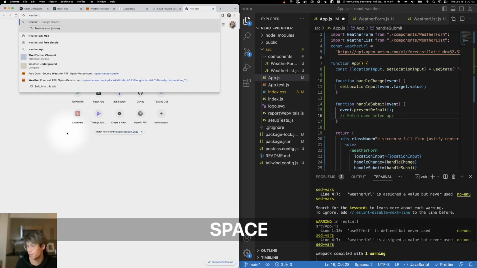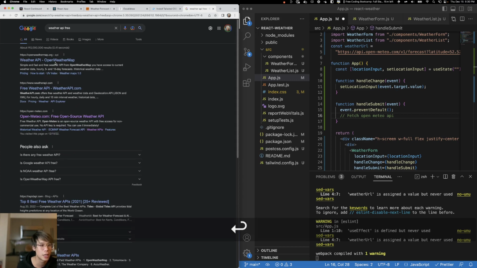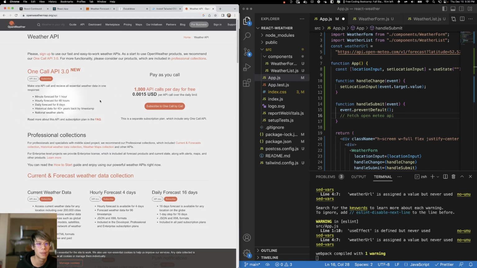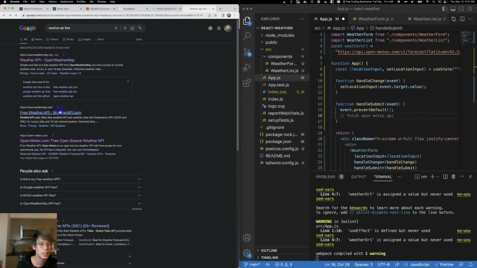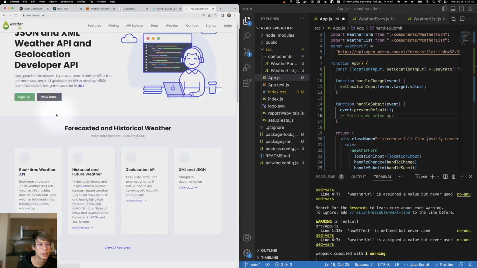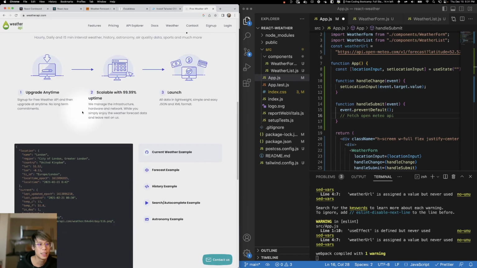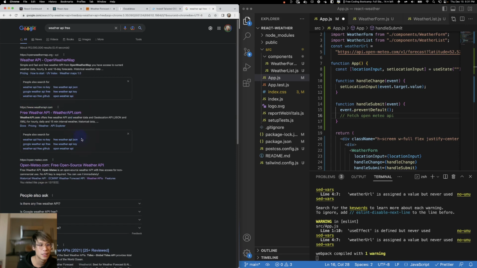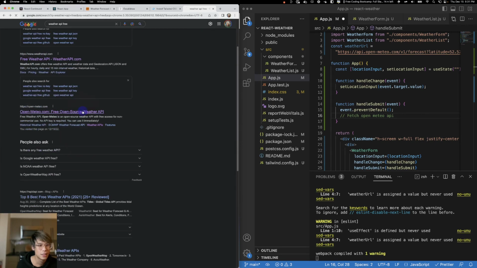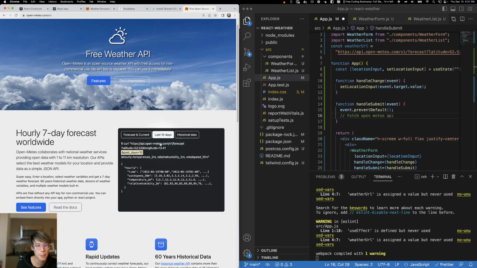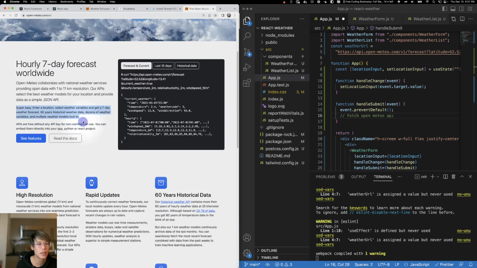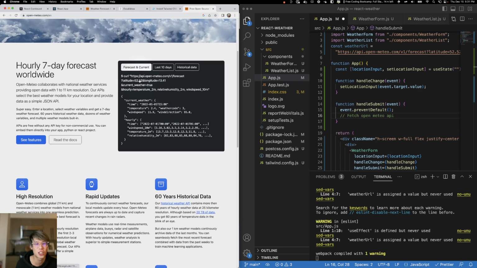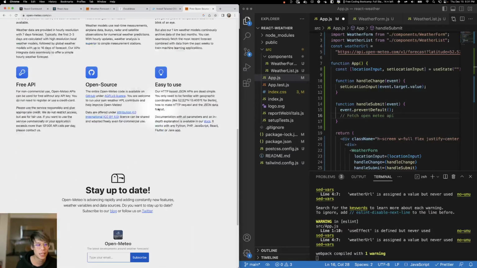Or you know what? Let's see if there are any other APIs that we can use. There are lots out there, so I'm not too bothered about it. Free weather API. But all of these make us sign up, and then we have to have an API key, and it's kind of a pain. All right, forget it. We're just gonna go with this. Yeah, you know what? We might have to require the user to pass in their latitude and longitude manually. Kind of sucks, but